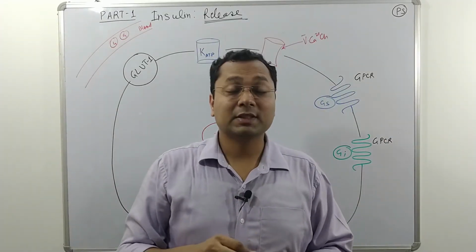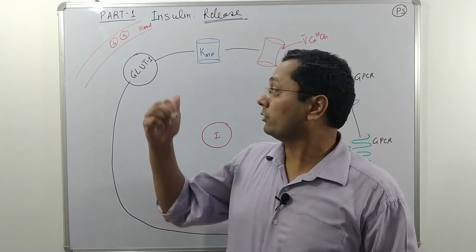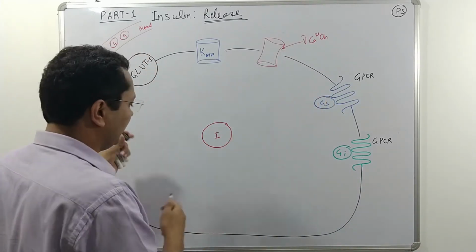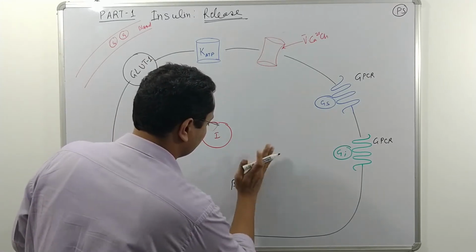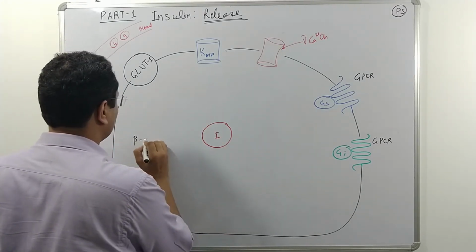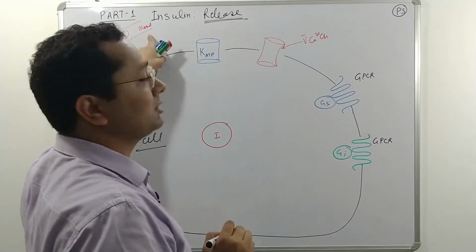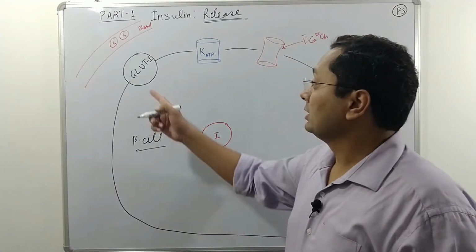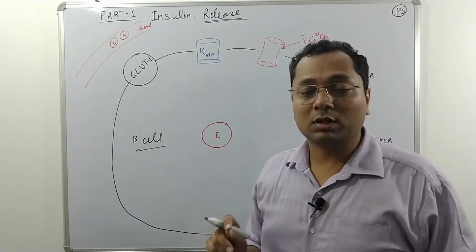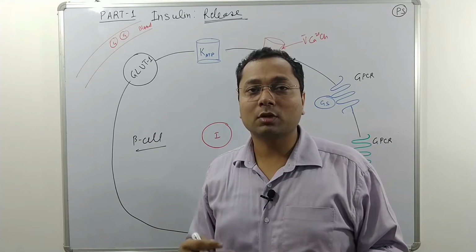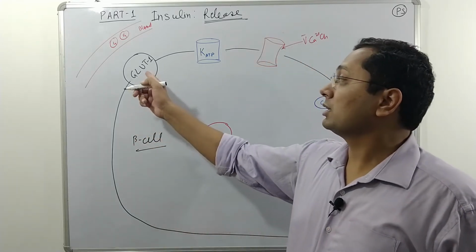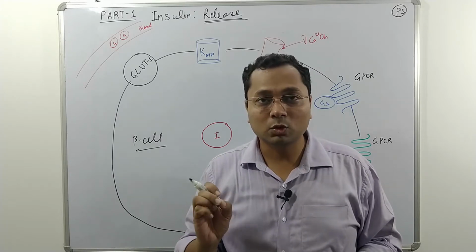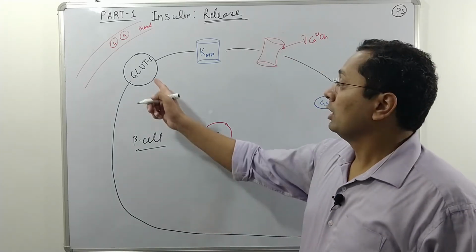So now we will see how insulin is released from the beta cells. For example, what I have drawn here, this is a beta cell. This is a blood vessel in which the blood is flowing, carrying the glucose that is present. This is GLUT1. This is a glucose transporter. GLUT stands for glucose transporter. In humans we have GLUT1. In rodents, it is GLUT2. So this has to be remembered.